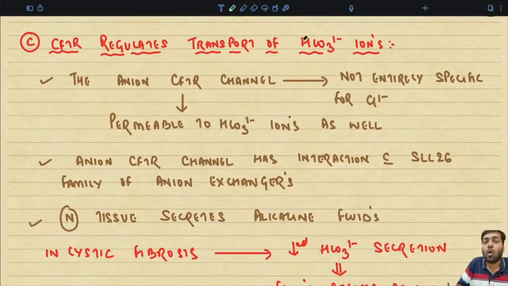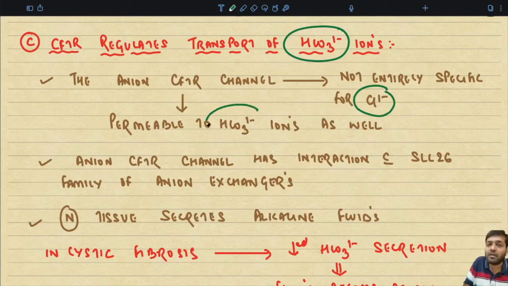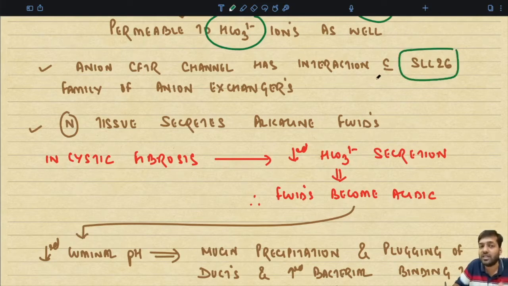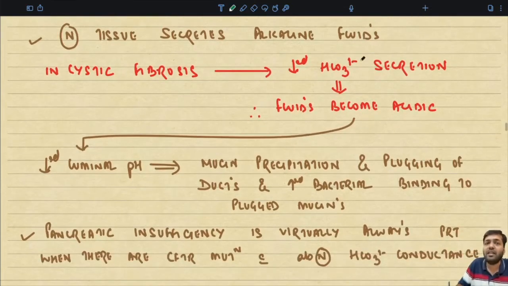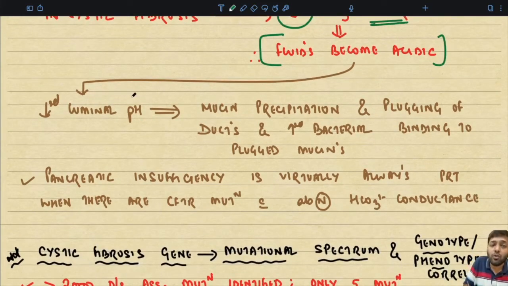Thirdly, CFTR is also regulating the transport of bicarbonate ions. Now the anion CFTR channel is not entirely specific for only chloride ion secretion. It is also permeable to bicarbonate ions. The CFTR channel also has interaction with the SLC26 family of anion exchangers. Now remember, normally the tissue secretes alkaline fluids. In cystic fibrosis, because there is a decreased secretion of bicarbonate as well, the normal tissue secretions become acidic in nature. And this is going to reduce the pH of the luminal fluid,